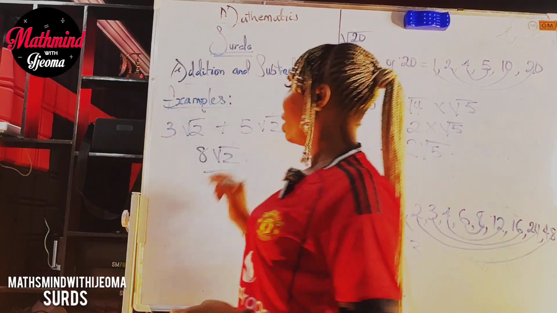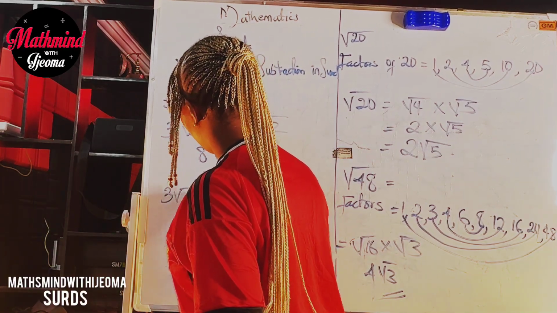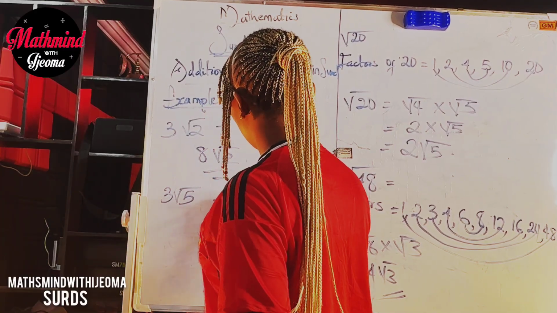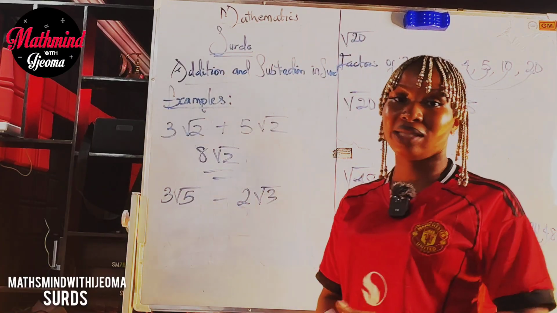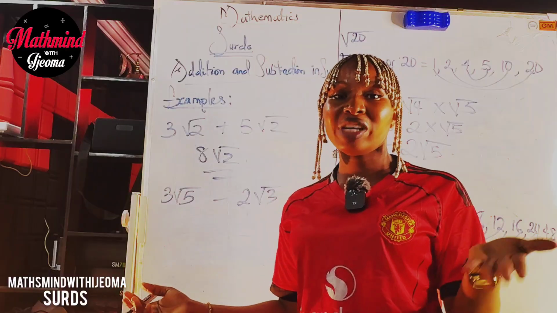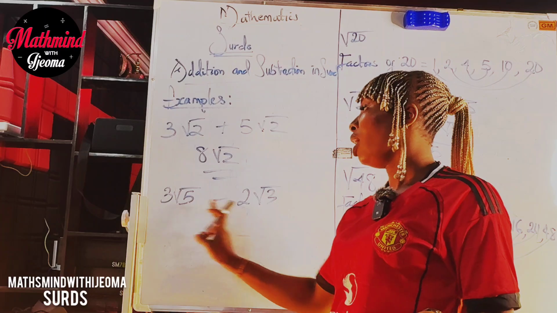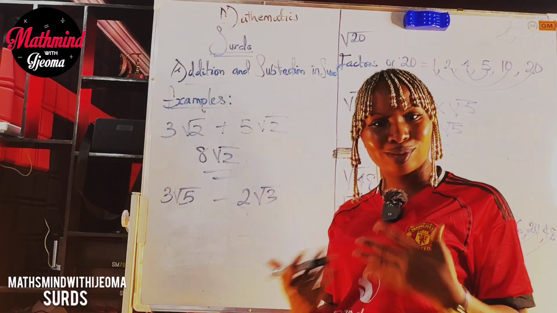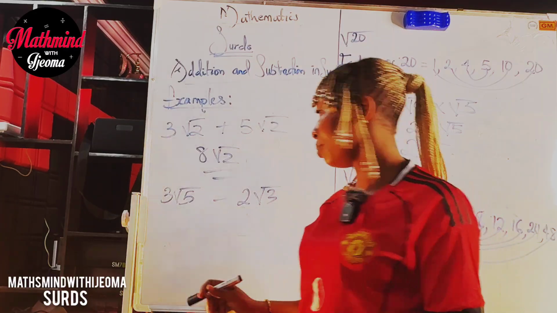Okay? But in a case where you have things like 3 root 5 plus or minus 2 root 3, in this case, you cannot add or subtract. Reason being that this is just like saying 3y minus 2x. x and y cannot subtract or add. Do you understand? So that's how it works. Okay? Now